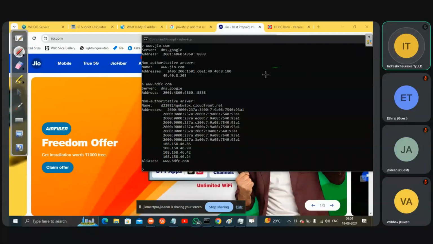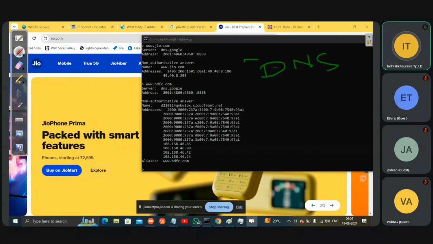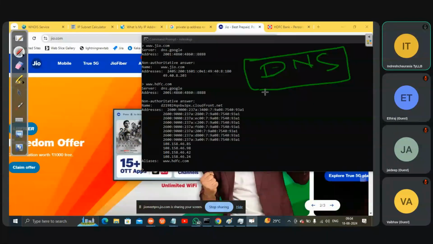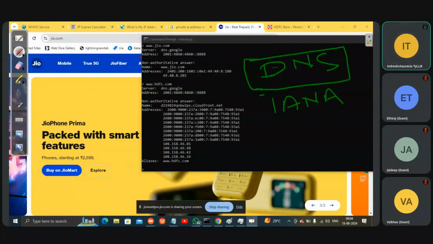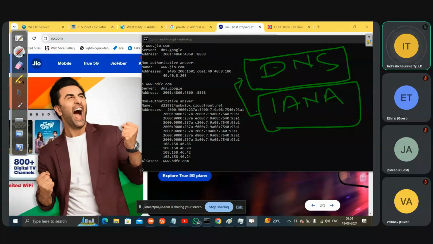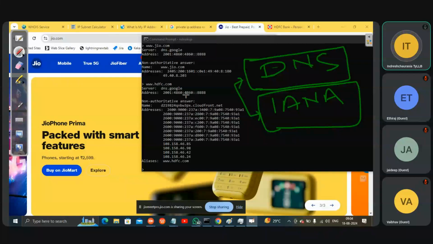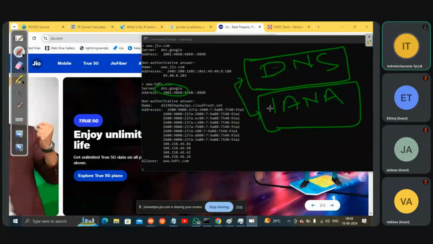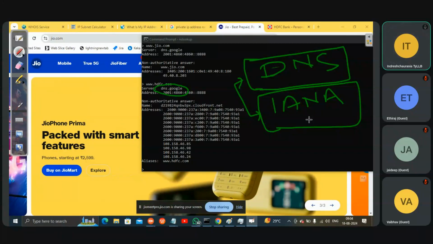All these things are saved in the DNS. Which DNS? IANA is maintaining the particular DNS registry. So when IANA is maintaining a DNS registry, every big company maintains a replica of the public IP address DNS which IANA is maintaining. Can you see this, dns.google? This is nothing but a replication of IANA, which is maintaining domain name resolution. Google is also replicating the same.